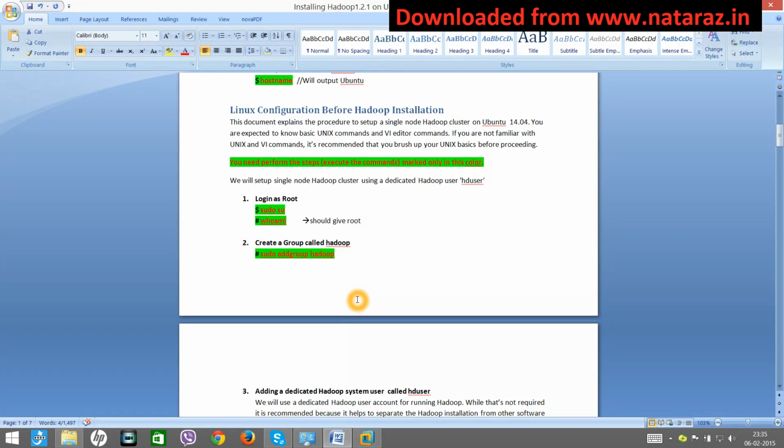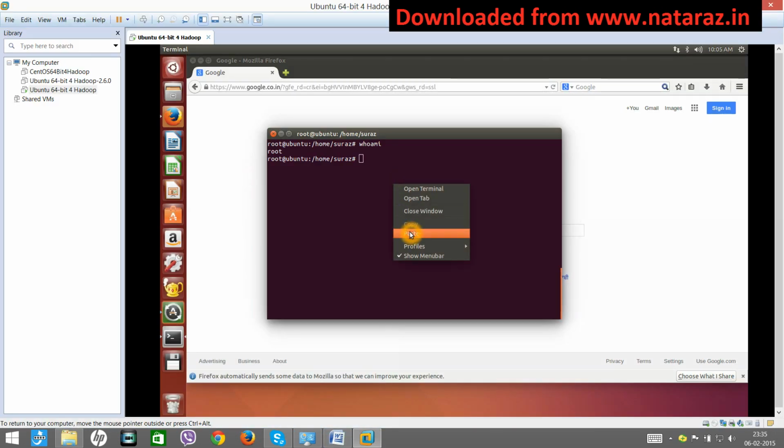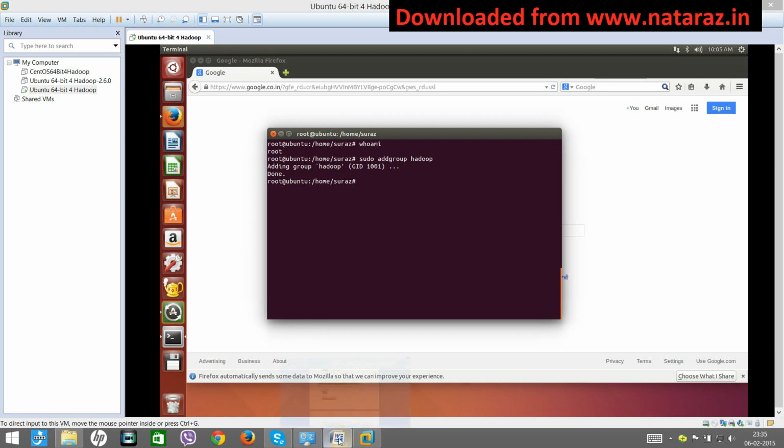Next, let's create a group called hadoop. Right click, paste. Okay, one group called hadoop is created. Now we will create a user called hduser. Currently I have one user called Suraj. We are not going to use the Suraj user for Hadoop activities. Let's have a dedicated user called hduser.